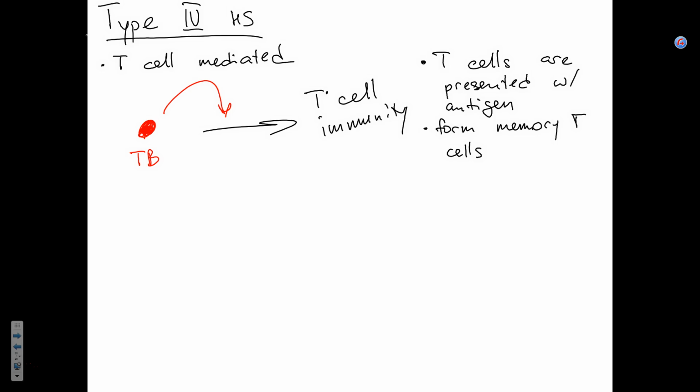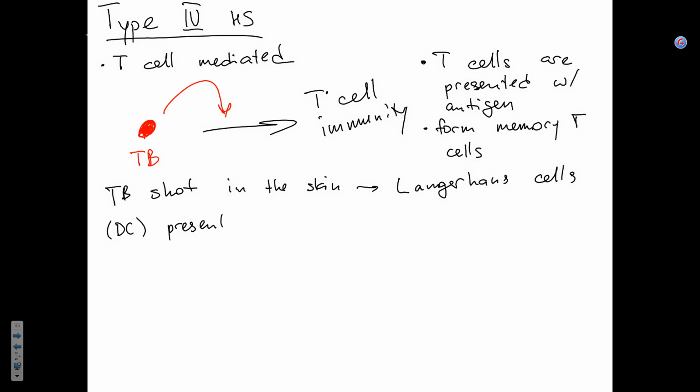Langerhans cells in the skin are dendritic cells, okay? So TB shot in the skin, Langerhans cells, which are dendritic cells,